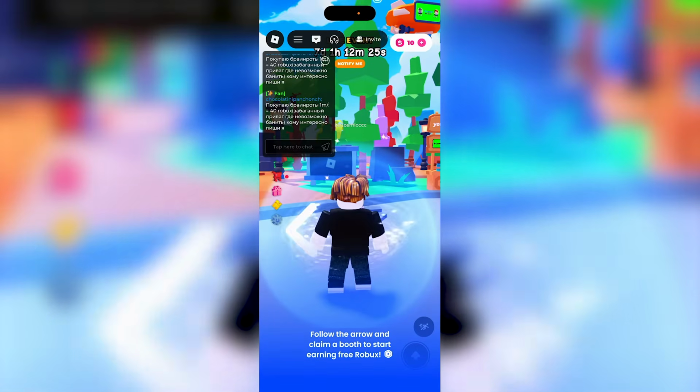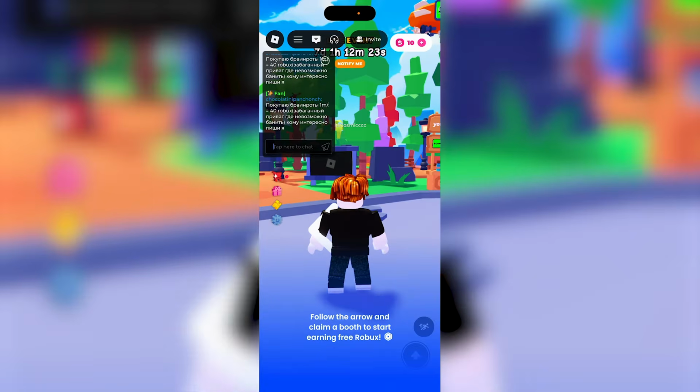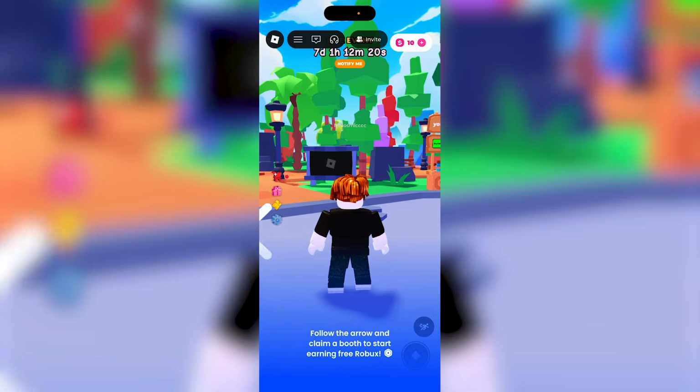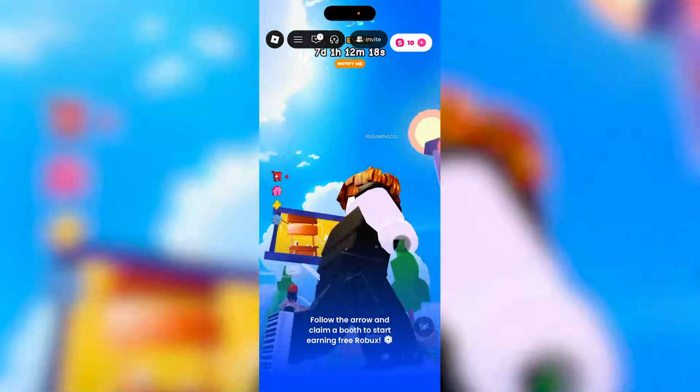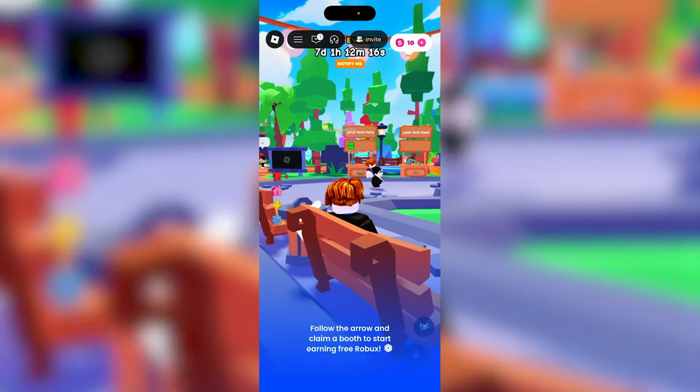Now I'm in Please Donate right here, and on the top left, you're going to see a little chat icon. So if I go ahead and click on that, I'm going to see a lot of different chats. I can also type myself, but if you're not seeing this option, that could be for various reasons in your